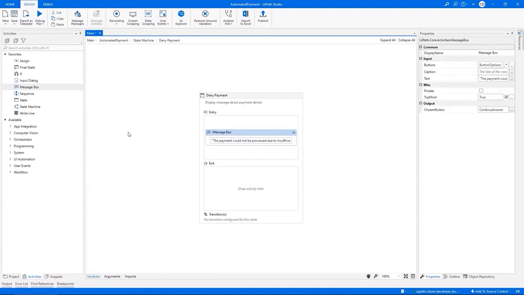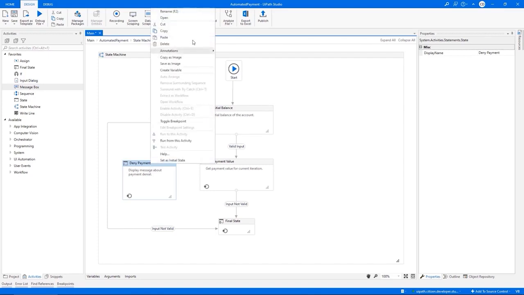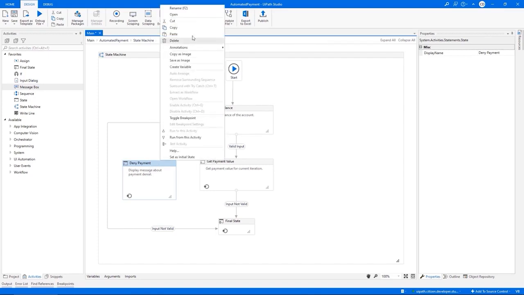If the user has enough balance to pay the amount, we want a state in which we'll subtract the payment value from the current balance. Then we'll let the user know that the transaction was processed, display the value of the current balance, and ask them if they want to continue. The easiest way is to duplicate the deny payment state,